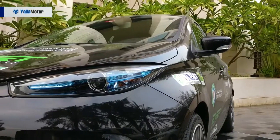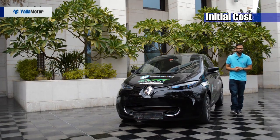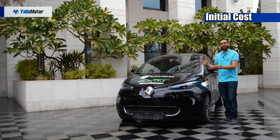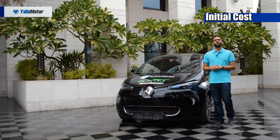If you were to eliminate all other factors and look solely at the initial cost of electric vehicles, then you'd say they are very, very expensive. In fact, I'd say the same thing. Let's take the Renault Zoe as an example. It's the cheapest electric vehicle on the market and it costs a whopping